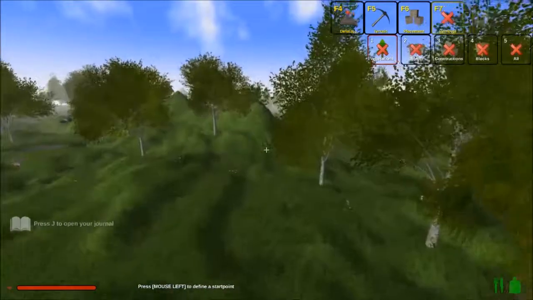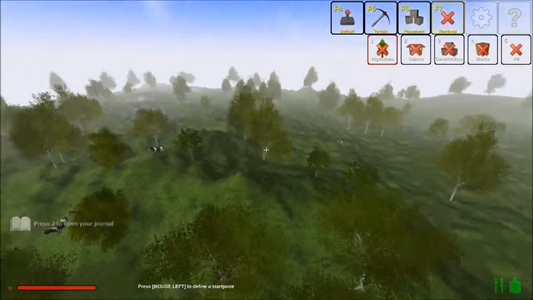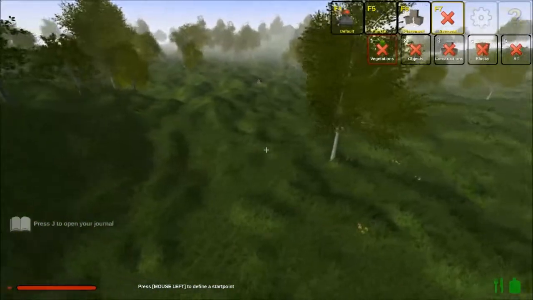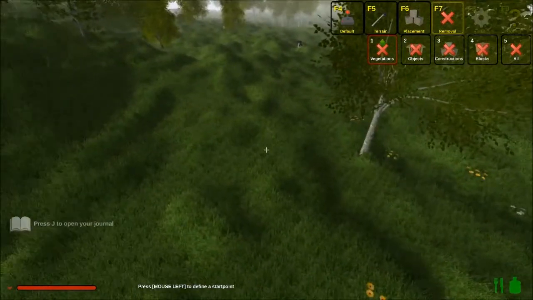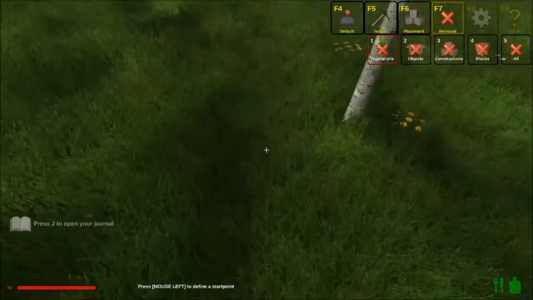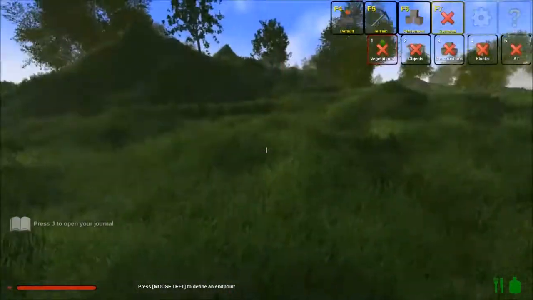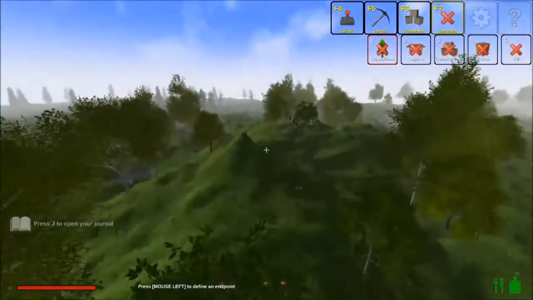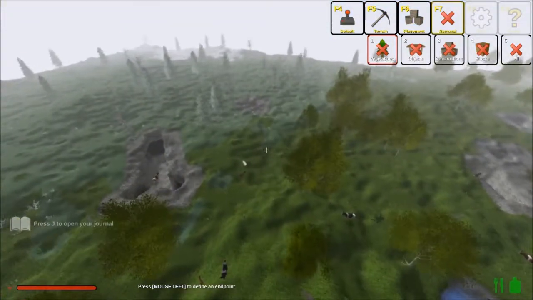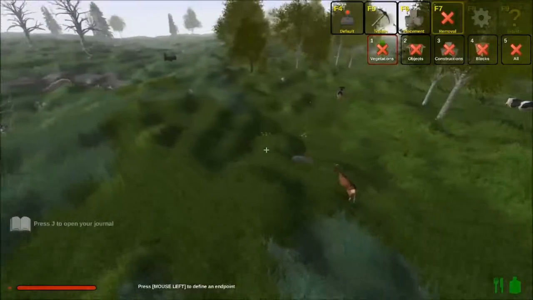So we will start by saying that, let's see here, this hill should be cleared of vegetation. So we have it on F7 for removal, 1 for vegetation. We'll go down here and we'll click there. There's your starting point. Now we're going to go up and over. Bear in mind that if you are doing this over a very large area, like I am right now,